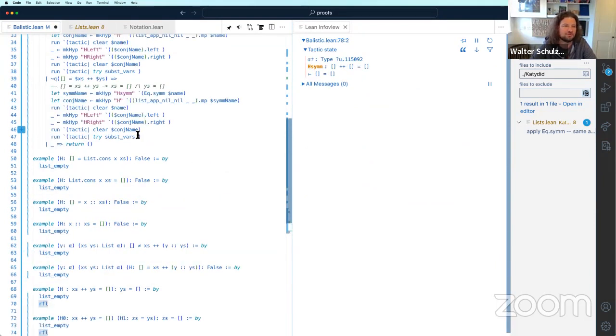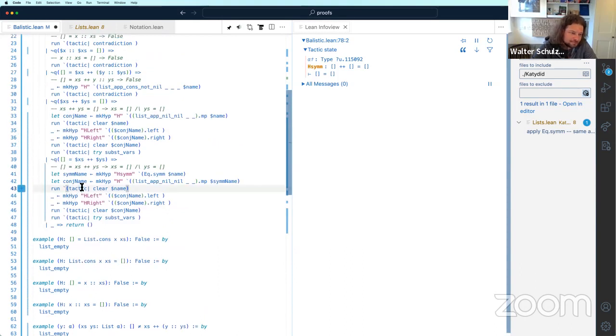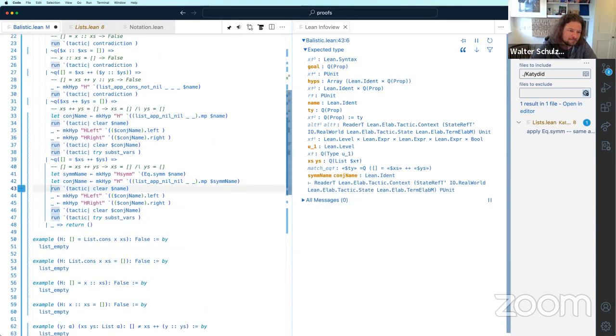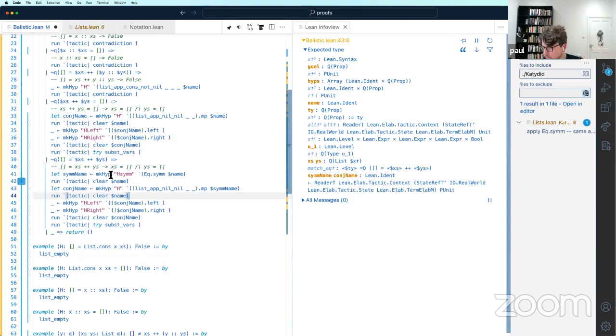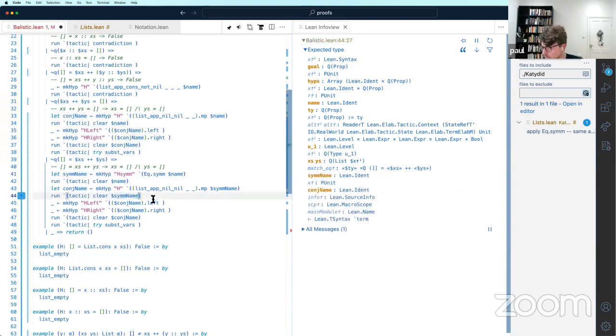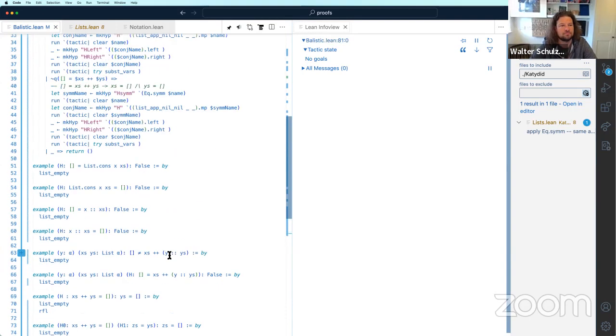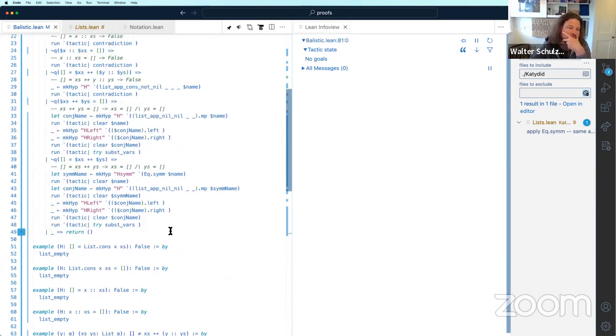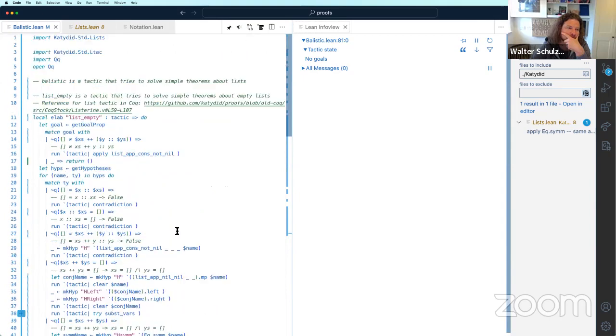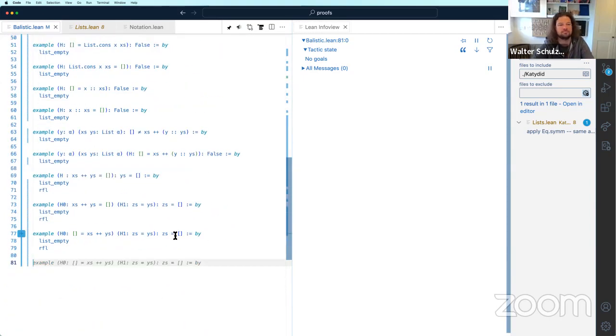And yeah, we can also delete sum name. Cool.